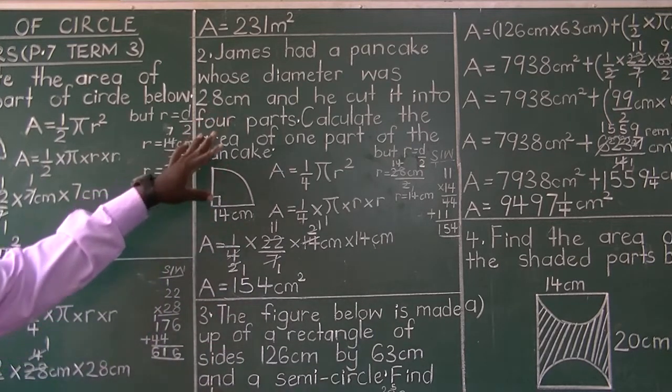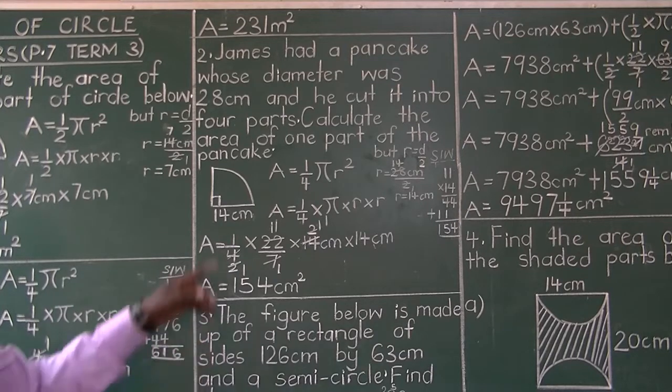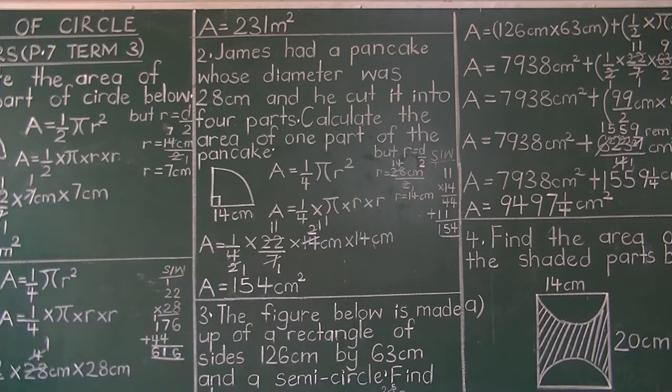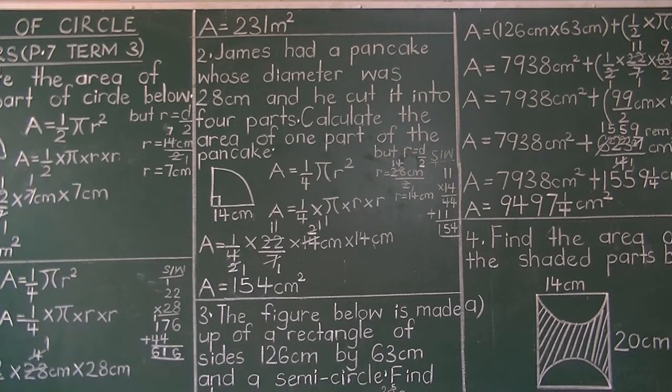It is required that one understands that a pancake is normally circular, and when it is cut into 4 equal parts, each part is a quadrant. And now that the diameter is 28, the radius is a half of that, which is 14 centimeters, and then find the area of that quadrant in this form. In so doing, you will have answered that question. As we look at the next number, that's number 3.